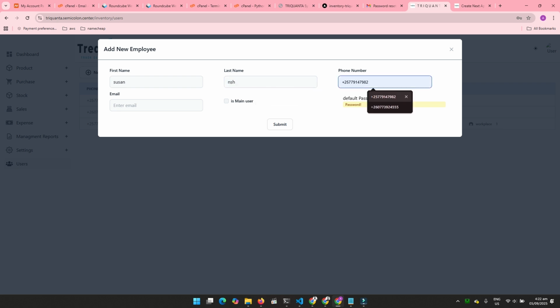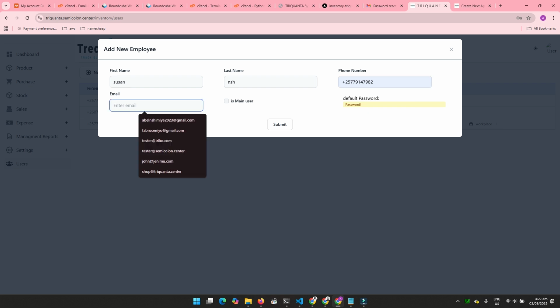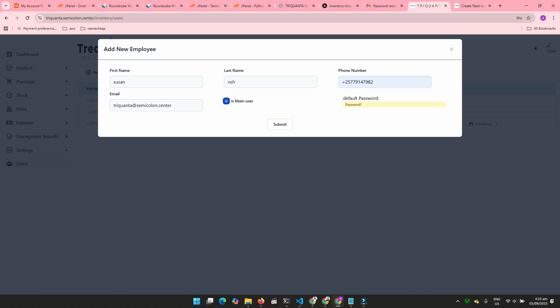We give him maybe a Triquanta email. It's not a main user, because if I do this, he will automatically be a main user and he has access to everything. So it's not a main user, and this is a default password which I will use, but I can still reset my password as we saw. If I save,